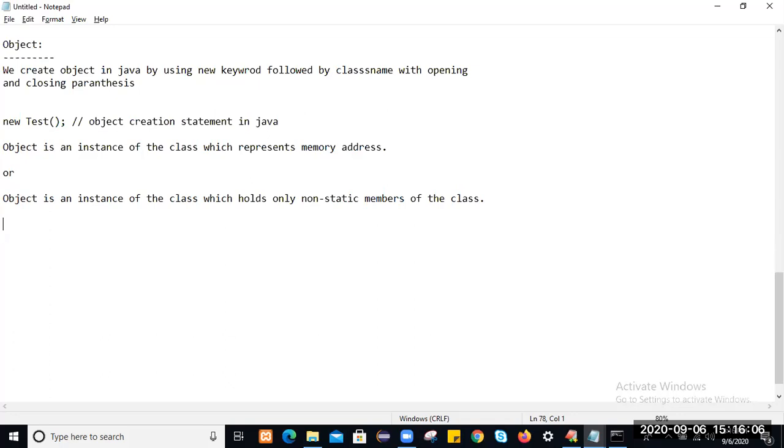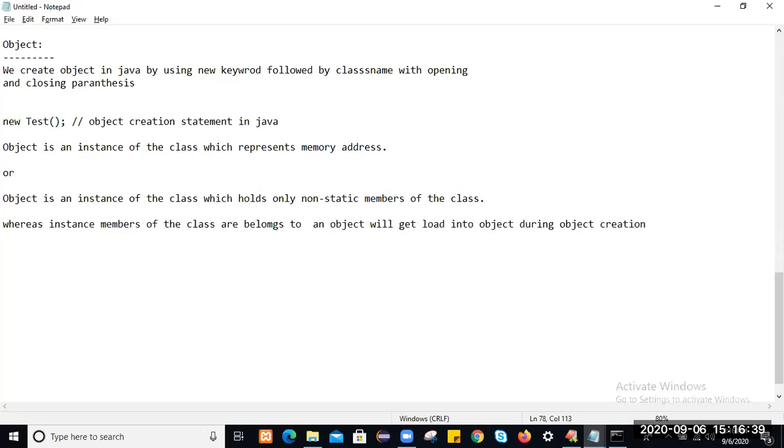Whereas instance members of the class belong to an object and will get loaded into the object during object creation.